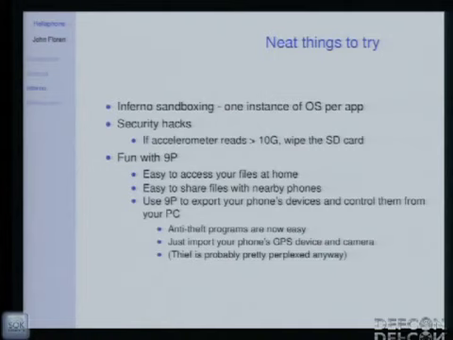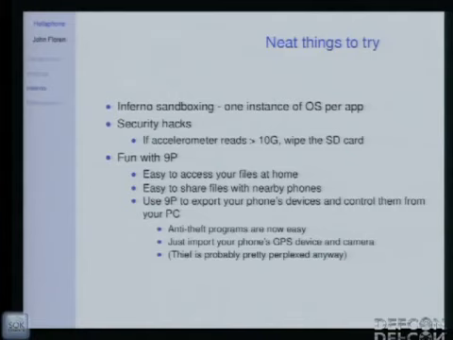Something my boss had tossed at me was the idea, maybe if you think you're going to lose your phone and you don't want somebody else to get access to the data on it, then you can throw it as hard as you can. And when the accelerometer detects that you've gone over 10 Gs, it just completely wipes the SD card. Something like that.